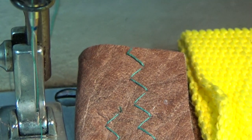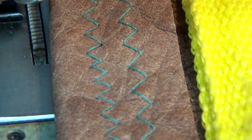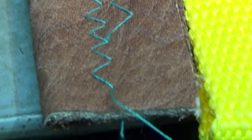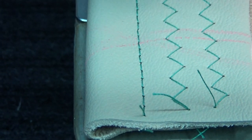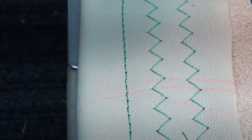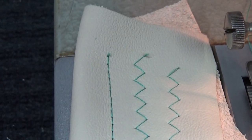Again, each one of these leather sew-offs is right around 8 to 12 ounces of leather, and it's absolutely spot on in every respect. And then last but not least, because we actually did it first, we have this genuine cowhide, and we did an absolutely spectacular job. Combination of zigzag and straight stitch. And again, the straight stitch is really